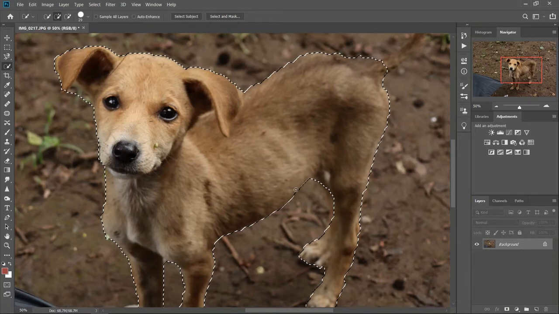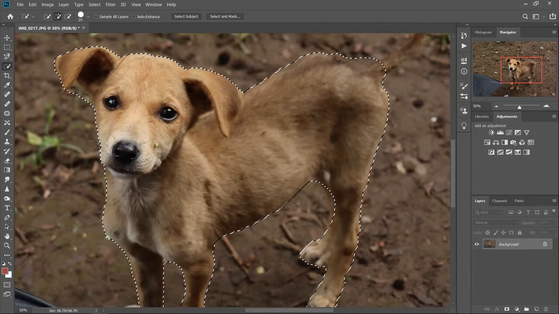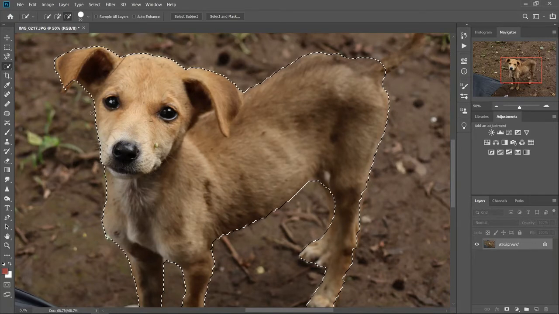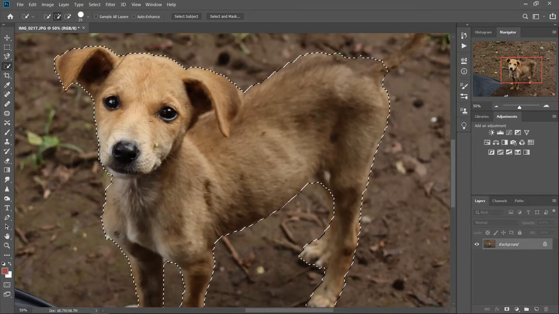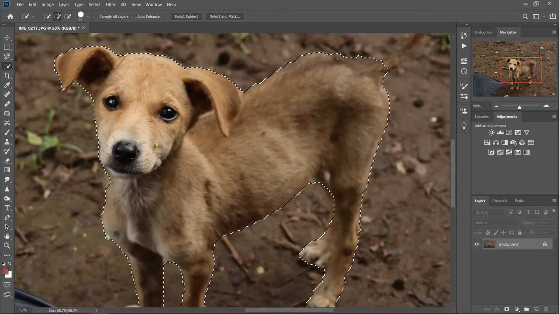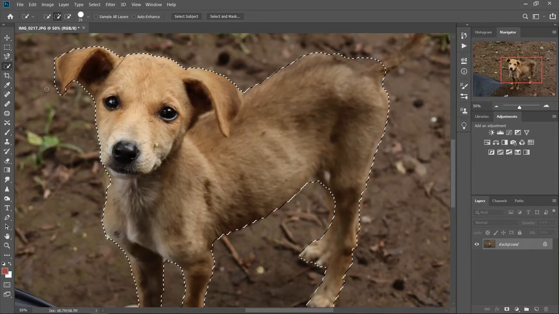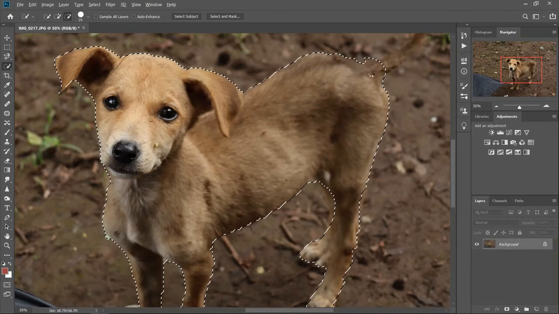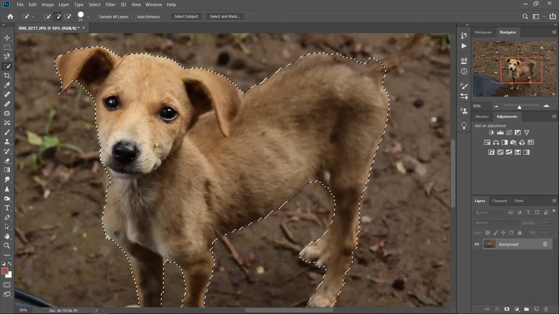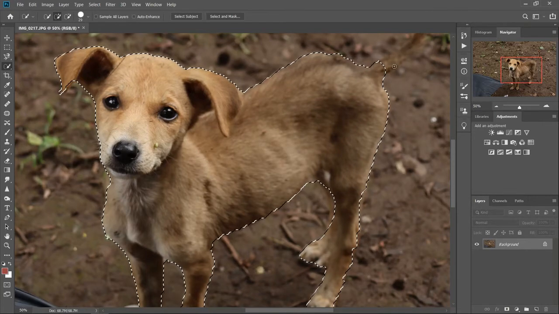the body, the legs, and now it's time to select the tail and remove a few sections near the ears that we want to remove. Just hold the Alt key and move around. It's better to use a smaller brush size when you are canceling or removing some components from the selection. Okay, because it will allow you to keep the edges and the curves intact. Otherwise, if you take a bigger selection brush, it will remove a bigger area,